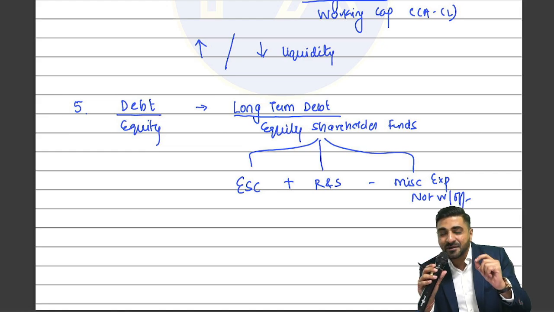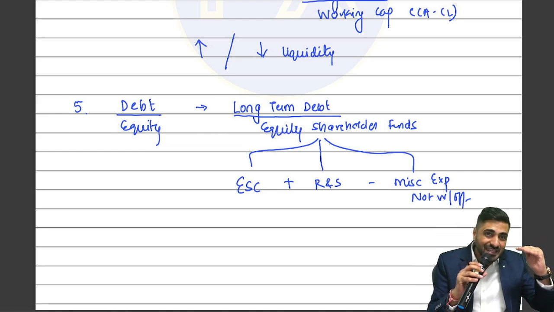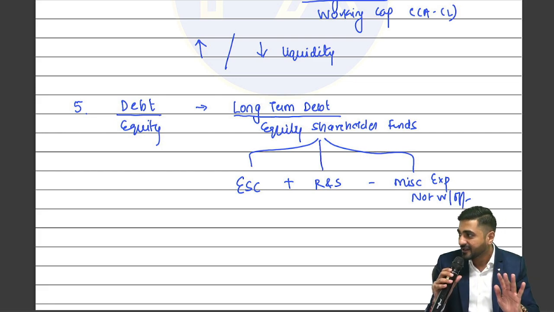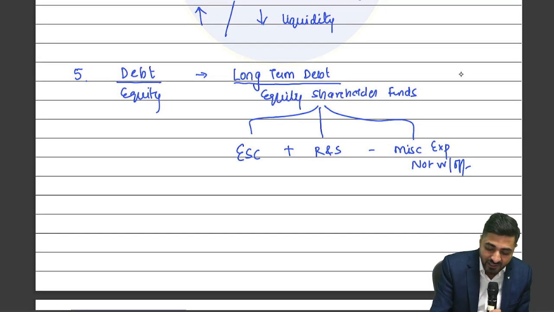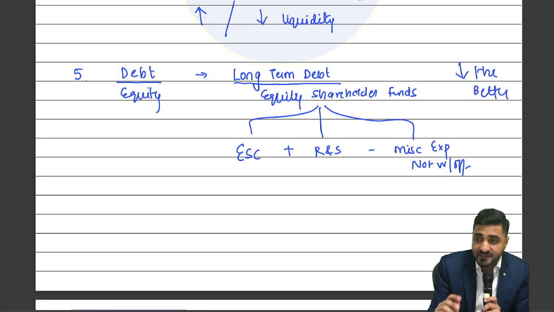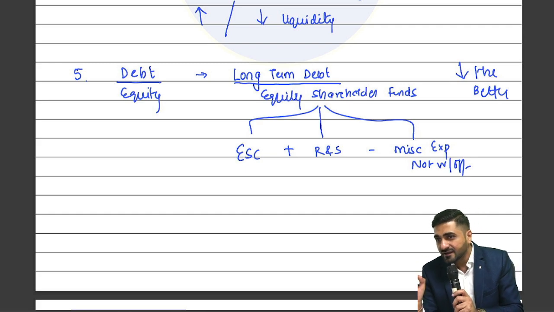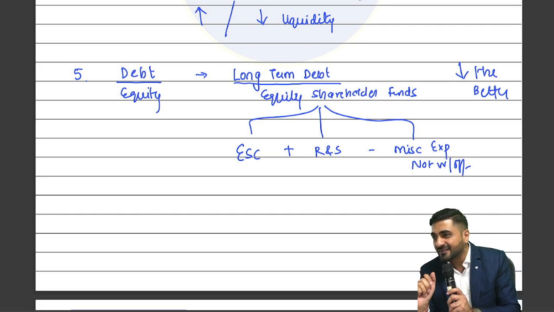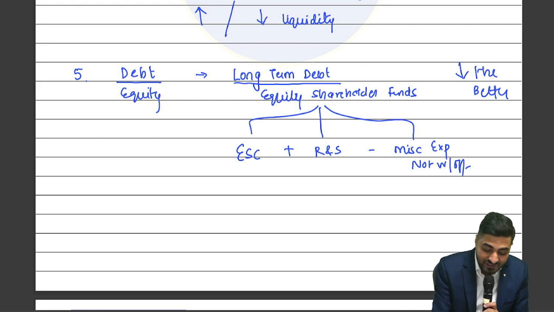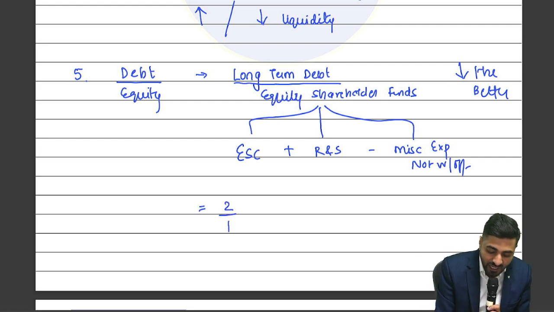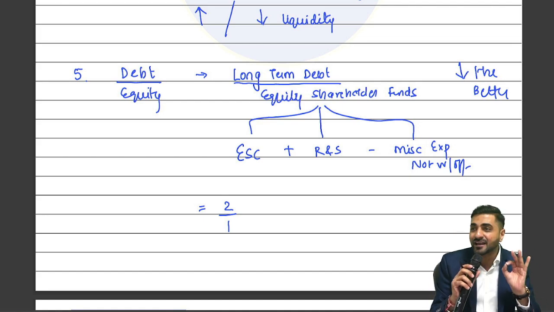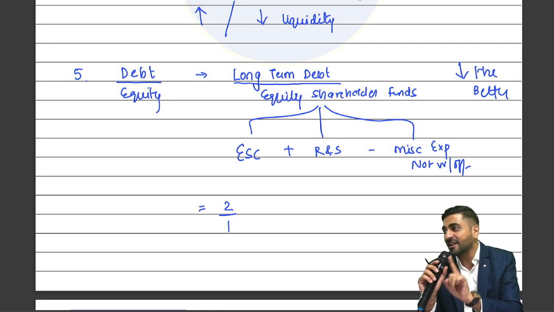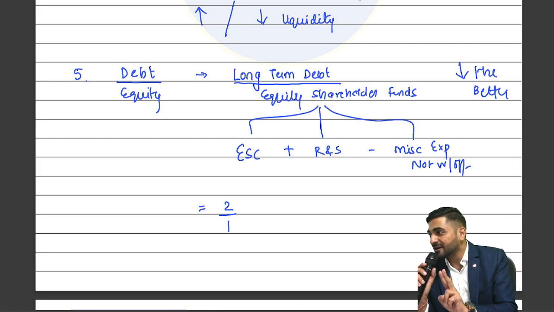Okay. So debt equity ratio is debt upon your equity shareholders' fund. Okay. This ratio from the examination perspective should be higher the better or lower the better? Lower the better. Are you guys trying to understand this? Okay. But there is a standard ratio. And the standard ratio for this is 2:1. So they tell you that if you want to take risk in a particular company, it should not exceed 2:1.